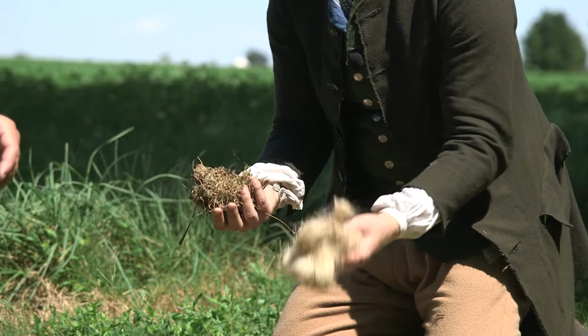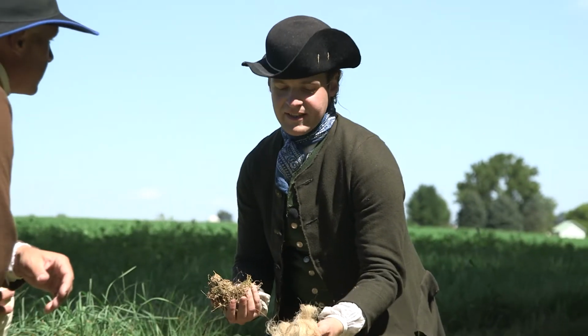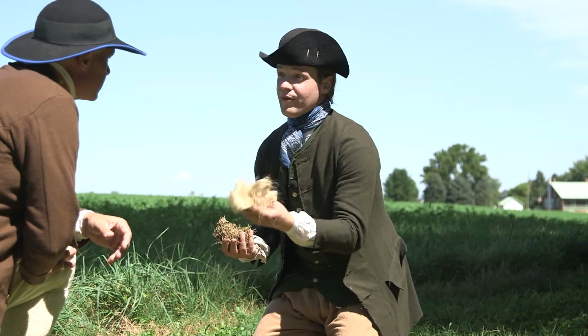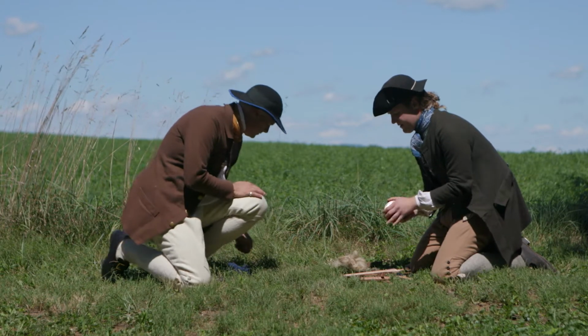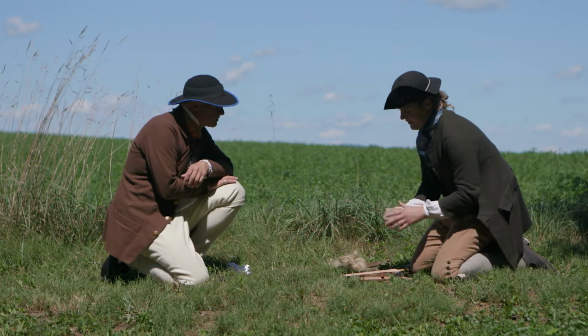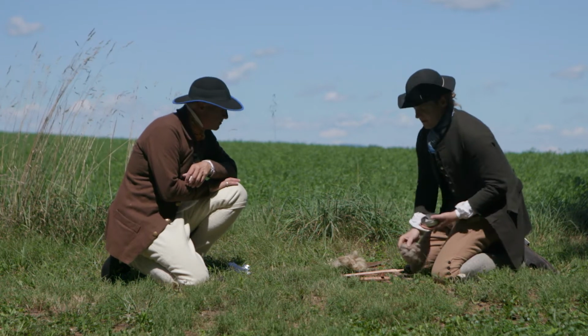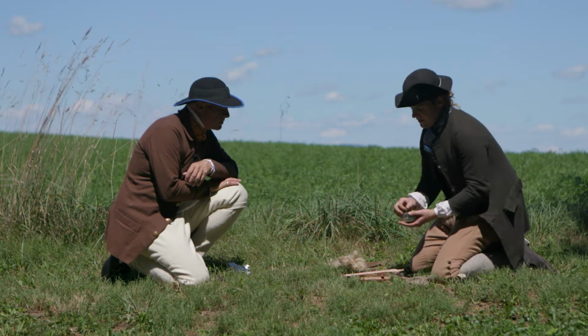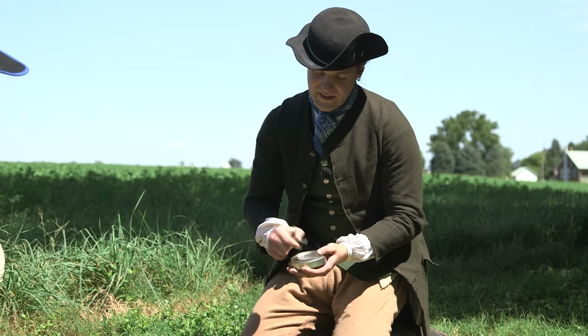So this, keeping it in your pack, keeping it on your person, it's going to be pretty typical. But let's say you don't have any tow on you and you need to forage from the surrounding landscape. I also have here my fire starting kit. Now inside of the kit, as you can see, I have more tow because that's going to be very important. I have a striker made of steel. I have several pieces of flint